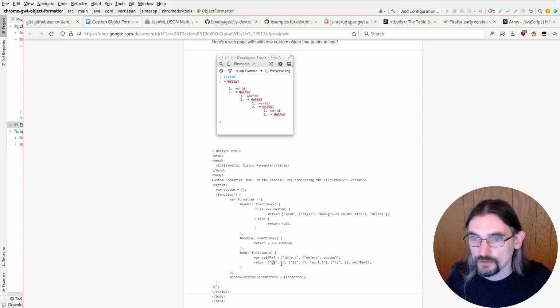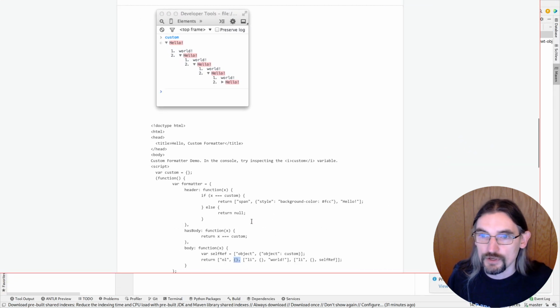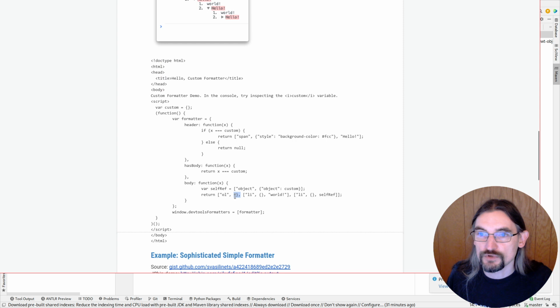Here's an OL with no attributes. Okay, so this is handy. They show us, actually. Let's make that bigger. Here's an OL with no attributes, and it has a bunch of LIs. And the LIs have no attributes, and then the text, and then they actually put the whole object into there. That's